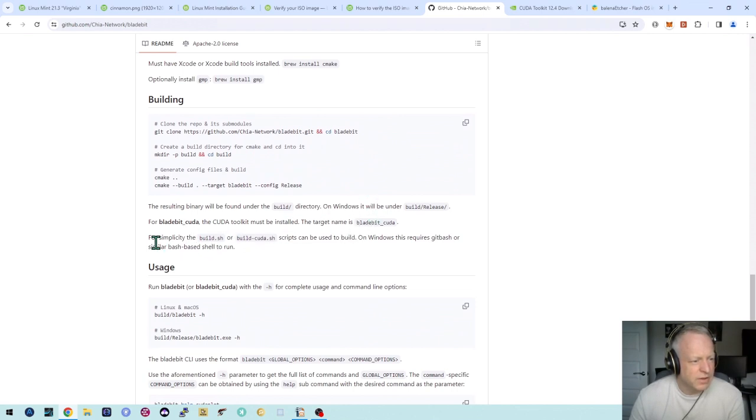Yeah, here it is. This is the section I was looking for here. Now you can do it by doing a similar sort of setup to this, but there were no instructions on it, and I was totally lost as to how to do it. But for simplicity, in the Bladebit directory, I think in the build folder, there is a file called